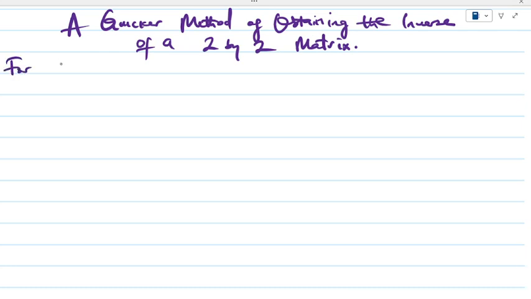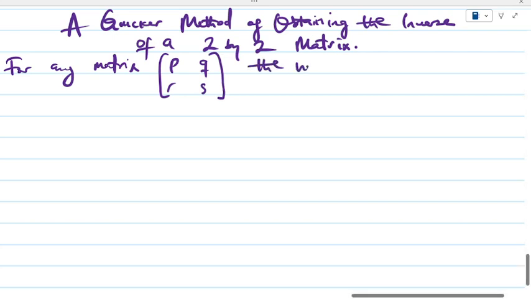For any matrix PQRS, the inverse may be obtained by